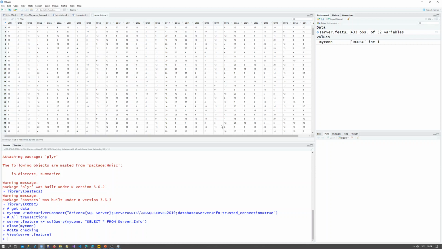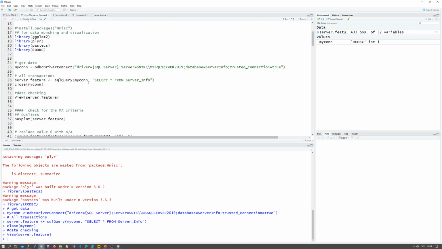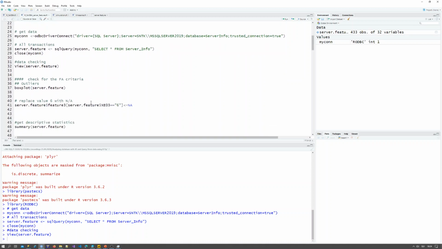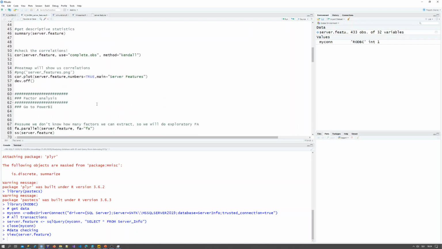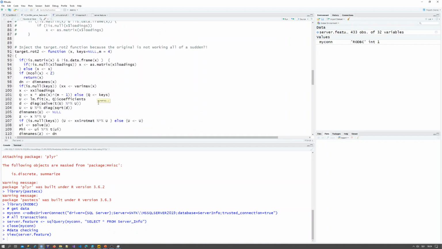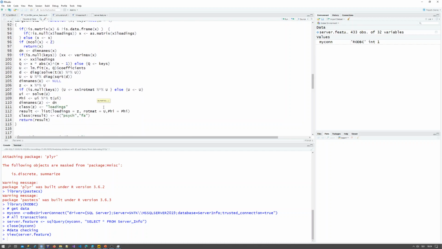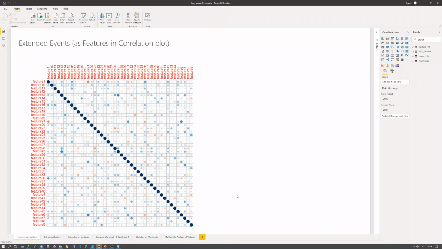And with those, I will try to do some additional machine learning or multivariate statistics. So I can do, let's say, feature selection, I can find outliers, I can do some heat map, I can do some factor analysis, etc. So this is the code that you can use in R, but for the sake of the demo, I've exported everything into Power BI, just to give you a much better idea of what I'm trying to explain.